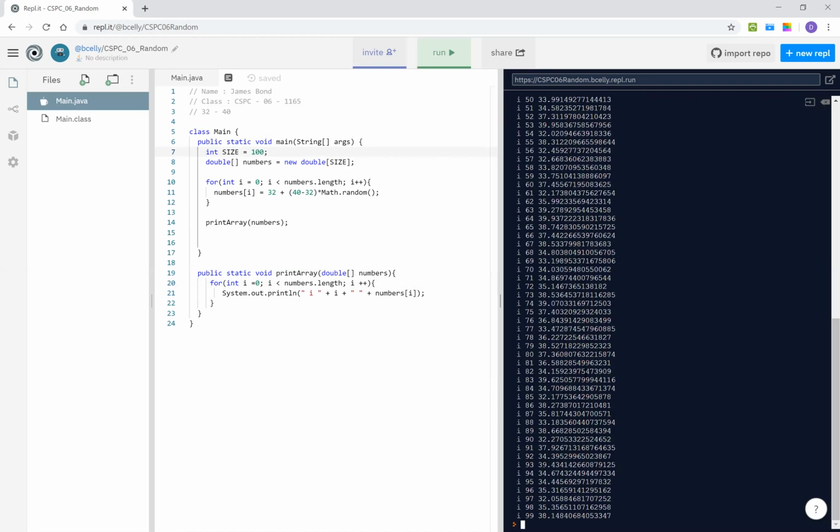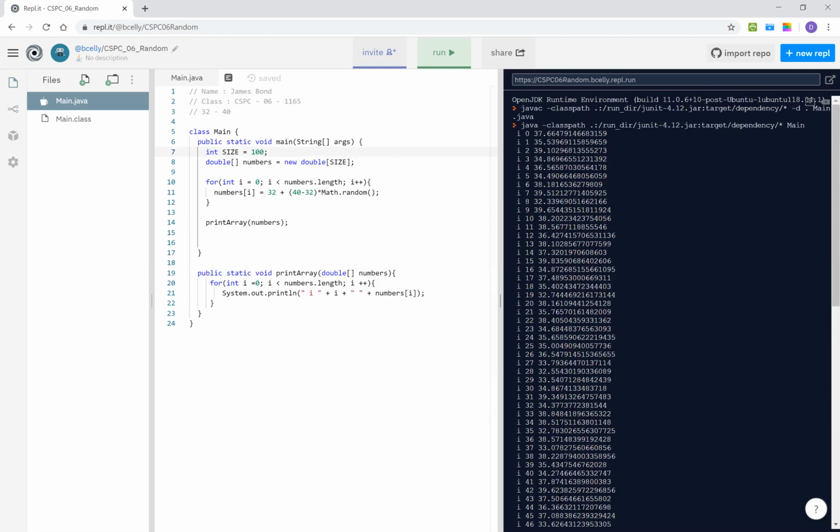In those 100 numbers, do you see? Oh, I see a 32. I like that. I see a 38, 32, another 32. I see a 39. So it doesn't give me 40. Why does it not give me 40? Because it's between 0 and 1. So I doubt